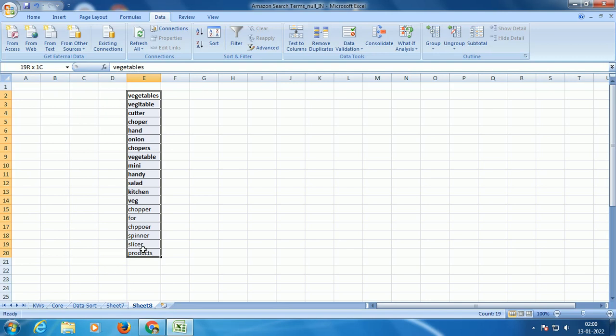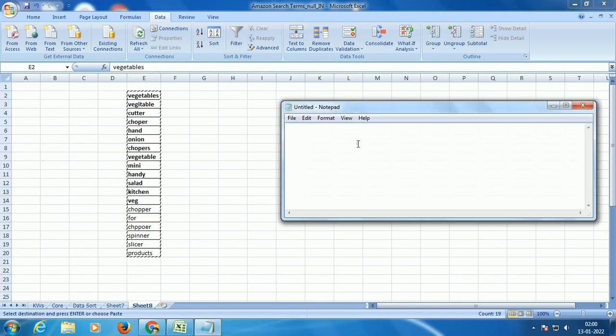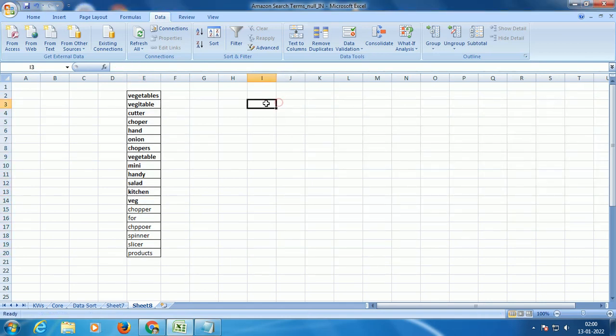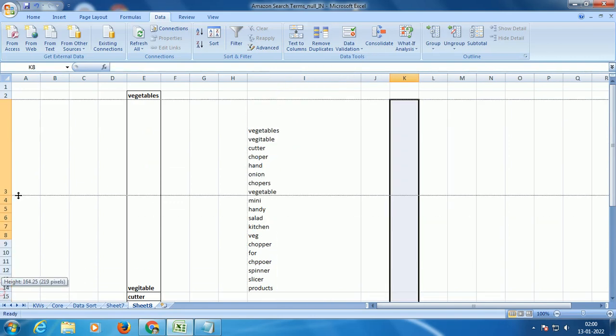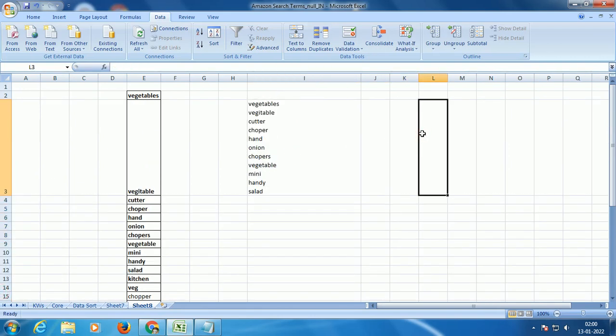Just 20 unique words. Now for these 20 unique words, I will see what their character length is. I'll paste it here in WordPad, and then once again paste it here. I want to know the length of these 20 keywords, so I'll just take the length of these 20. It's about 136 characters.